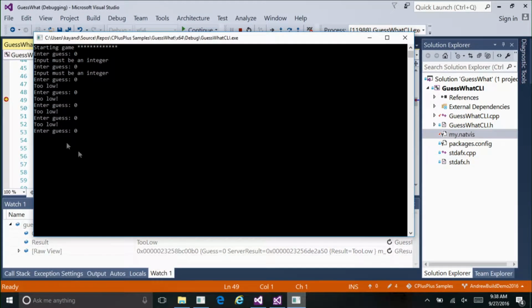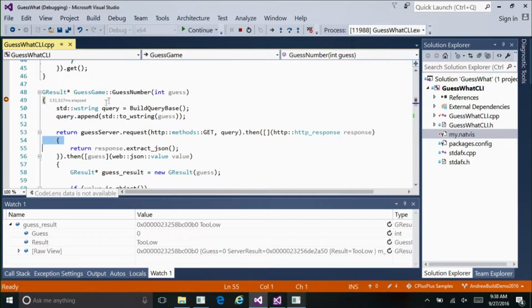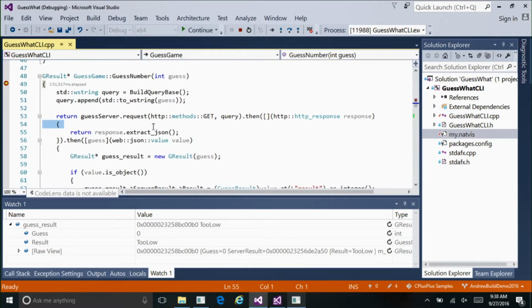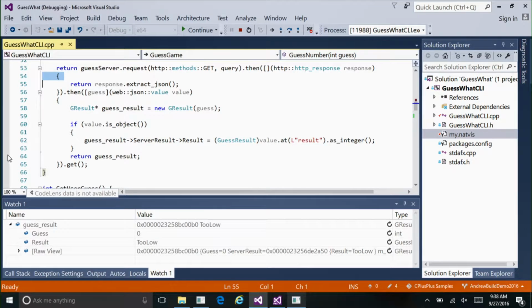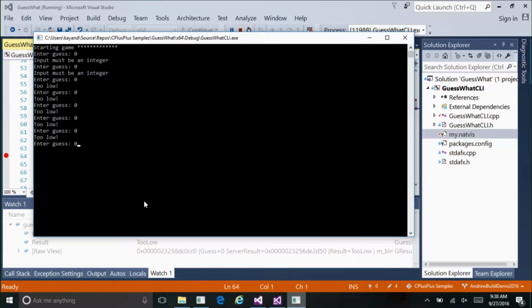So now I've hit this breakpoint. You can see my perf tip. And because I'm stopped at that breakpoint, I can run from breakpoint to breakpoint. So perf tips don't just work between steps, they work between breakpoints. I can time this whole function by running from breakpoint to breakpoint, and it says that the whole function took around 874 milliseconds. So now when I come back around and hit this breakpoint again,